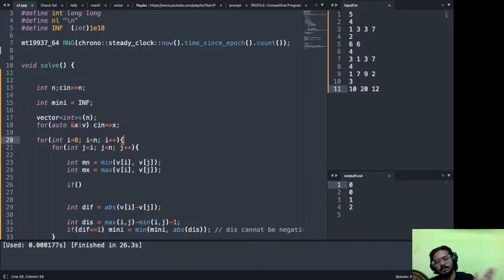J starts from n. It moves forward, and for every distance we have a new range, and